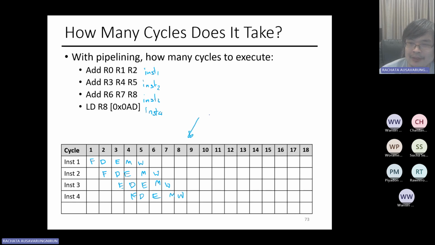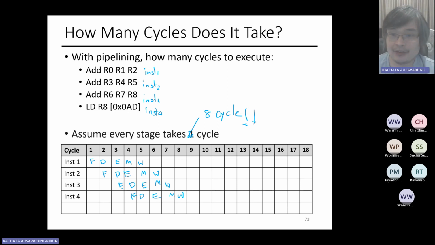And as you can see, this only takes 8 cycles. It's a lot faster than a multi-cycle architecture, because in a multi-cycle architecture, I need to finish instruction 1 entirely before I start instruction 2. Okay, so now let's go with